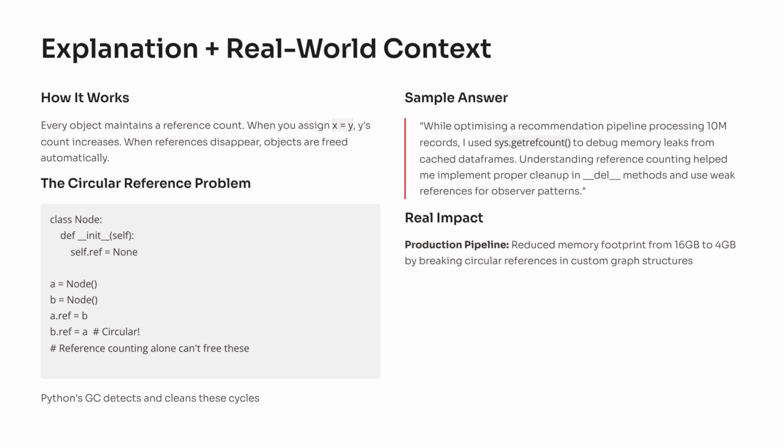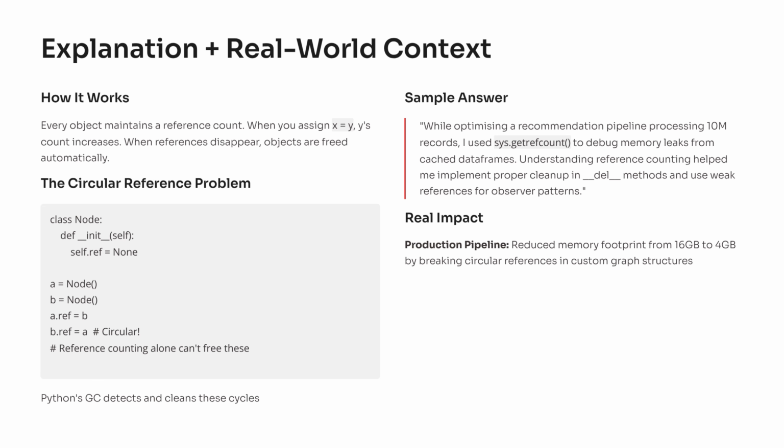Once I understood how Python's reference counting and garbage collector worked, I added proper cleanup inside our destructor methods and switched to weak references for observer patterns. That small fix reduced our memory footprint from 16 gigabytes to just 4, and the system ran 3 times faster without restarts. That's a confident answer. It shows you don't just know Python's memory model, you can use it strategically to debug, optimize, and scale data